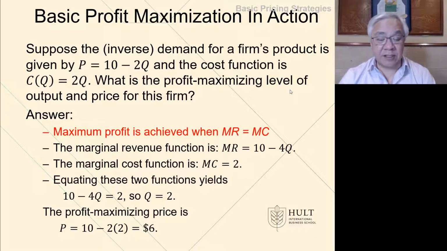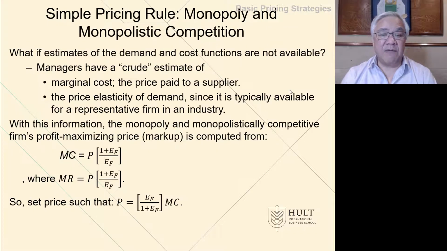So that's the answer to this first one for what would happen if you had one quantity at one price, right? That's important to know because we're going to do some things a little fancier than that in this chapter. What if we don't have a handy formula for our marginal revenue and marginal cost? We have a way to use a crude estimate based on the marginal cost, which you should know, and secondly, the price elasticity of demand, since this might be representative in an industry, or you may be able to derive